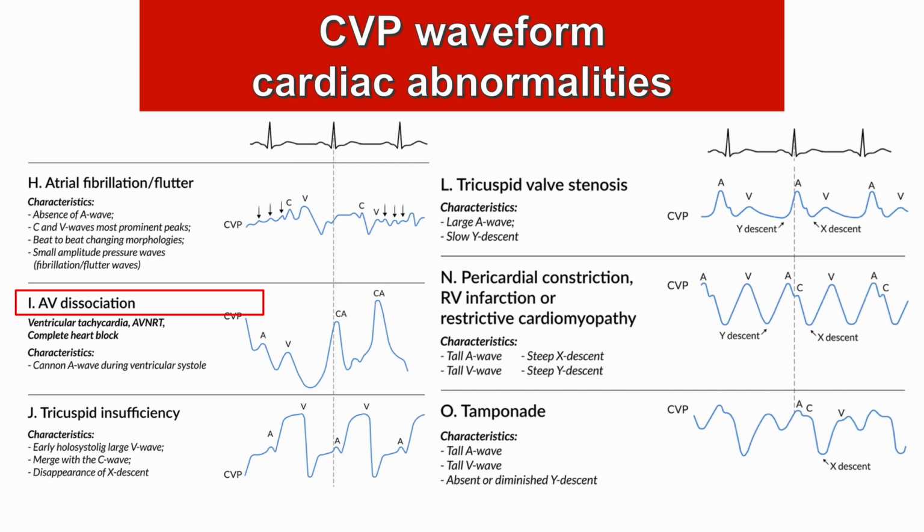The next one that you'll be able to identify on a CVP waveform is AV dissociation. Remember, this is also called a third-degree block, and the characteristics of this is that it's usually quite slow, and there's no longer a relationship between the P and the QRS. The SA node and AV node are firing independently, and because of that, we sometimes get an overlap where the atria and ventricle might fire at the same time, and that causes a regurg into our jugular vein called a cannon wave, and it's represented there on the CVP waveform as that C and A happening at the same time